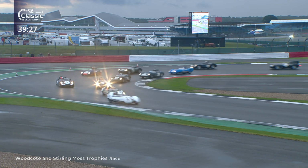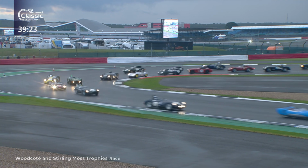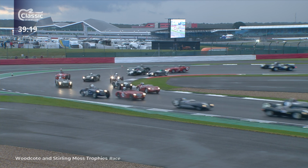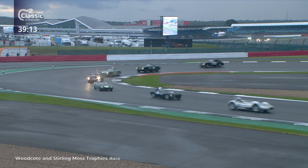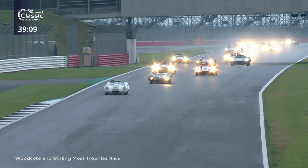And it's Richard Bradley in second place in the other Lotus 15. They're such nimble cars, and the bigger Lister Jaguars not really able to get the power down and up towards the tighter section of the track as the cars stream through. What a great start as well. No problems at all for anyone as they head down the Wellington Straight for the first time,